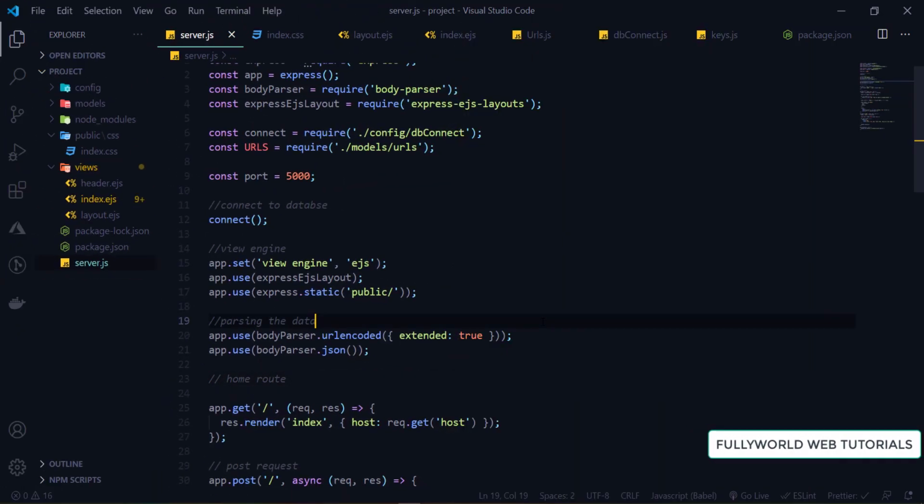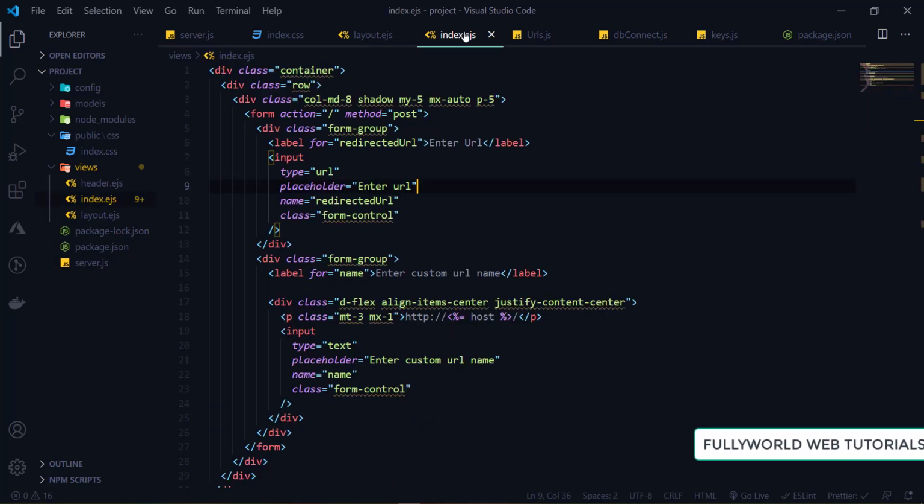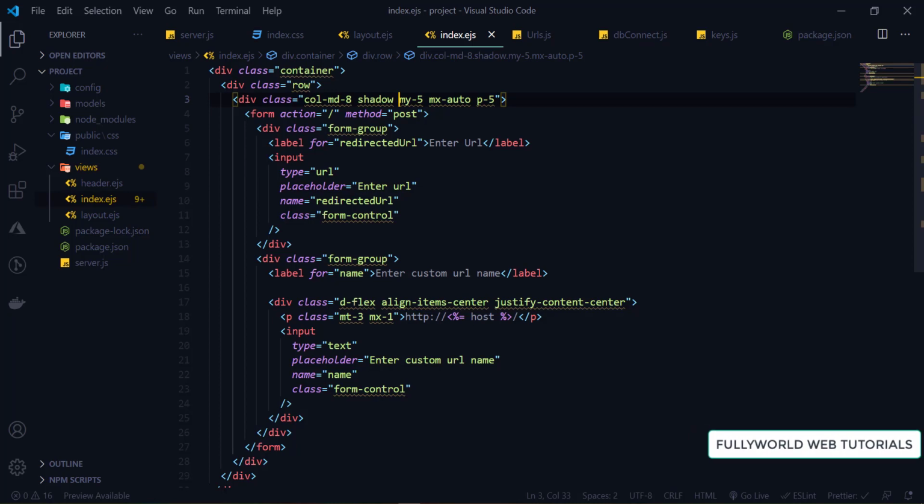So this is our coding section. First we will go to index.ejs and set our h1 and our form submit button. Some warning lines are coming here, so please ignore them. They are coming because I installed an extension in VS Code, HTML CSS selector.